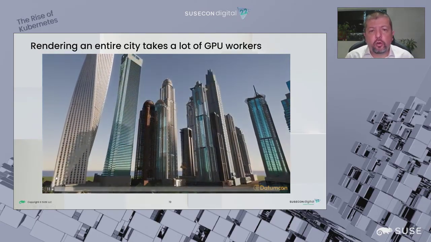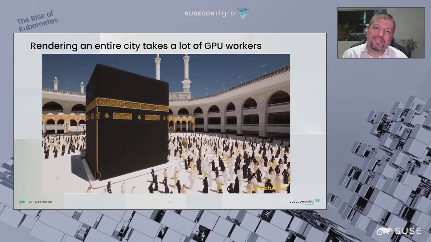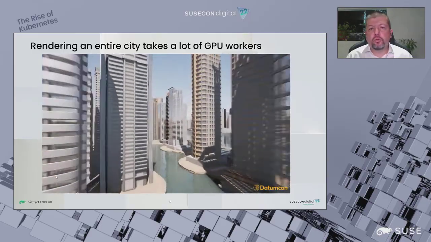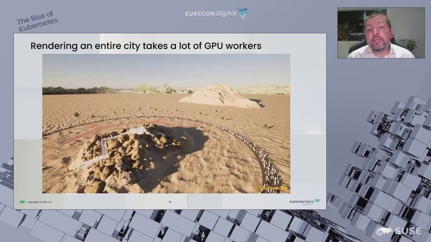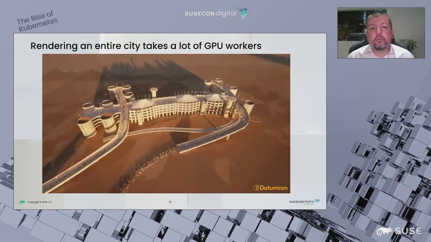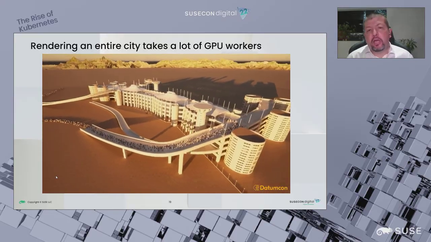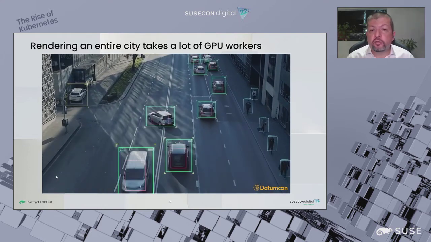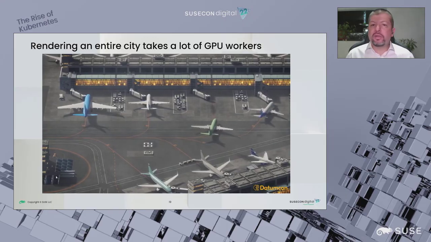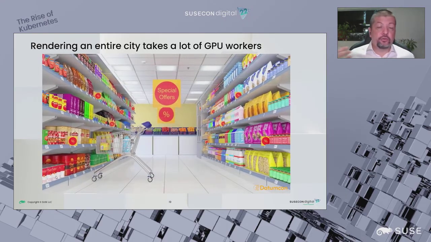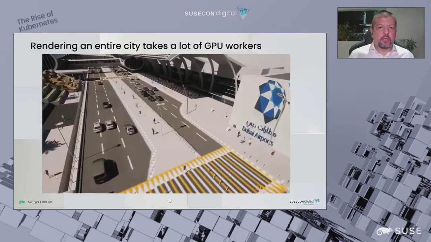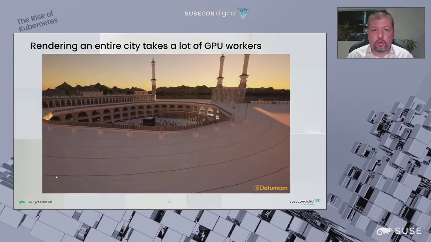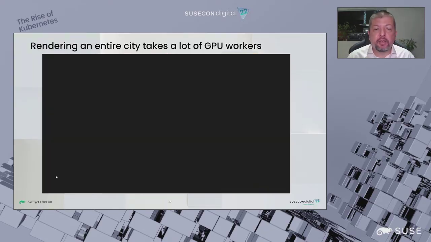So now we're working on a new project called Twinverse AI, which is a digital twin system that scales to city scale. And that same thing requires a massive amount of 3D rendering that has to be orchestrated via multiple nodes. And for that, again, we are counting on Kubernetes and specifically on SUSE Rancher to orchestrate this huge amount of work of being able to 3D simulate everything from cities to airports, to Mecca, to Dubai airport, to an entire port, to an oil and gas rig, and so on. So we are running these massive amounts of 3D renders,